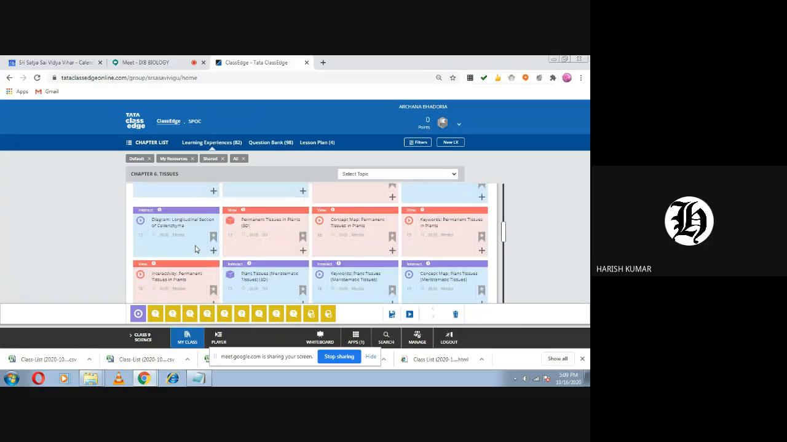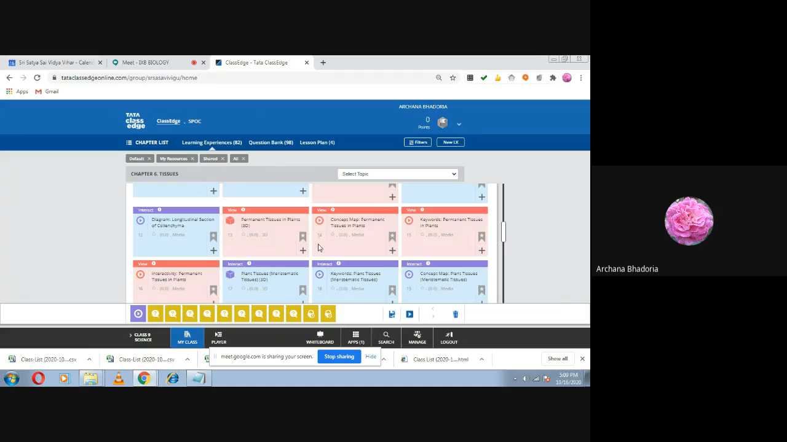Tracheids and vessels. Yes, very good. And which other two? Xylem parenchyma and xylem fibers. Yes, very good. Just remember this: these are known as xylary elements. Remember, children,